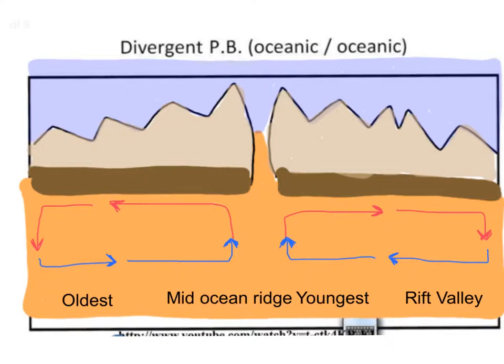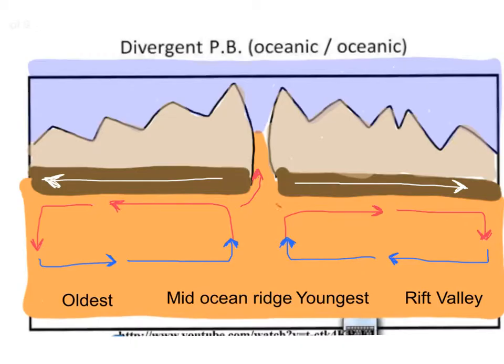So, this piece is going to be moving to the right because that's the way the convection currents are pointing, and this piece over here is going to move to the left because that's the way the convection currents underneath that piece of crust are moving. So you can see there's a gap that's created by this separation. They're dividing, they're separating, they're pulling apart, and that gives an opportunity for the inside of the Earth to come out. So we see the plastic asthenosphere come up